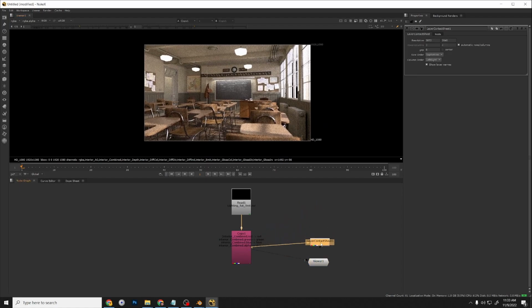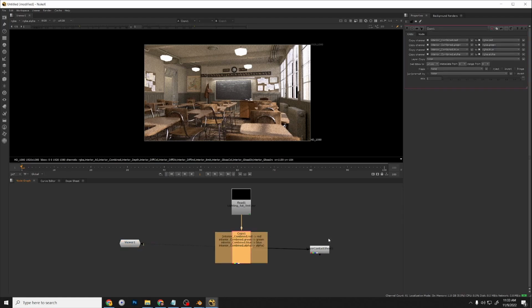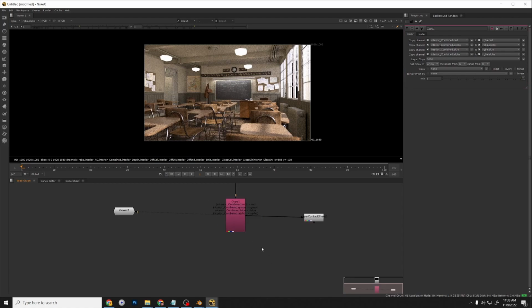Okay, so now that that's set up, let's do some light edits. Right now we have no control over the lights. They're just stored as auxiliary channels in this stream, but we need to access them. So what we need to do is put a shuffle,